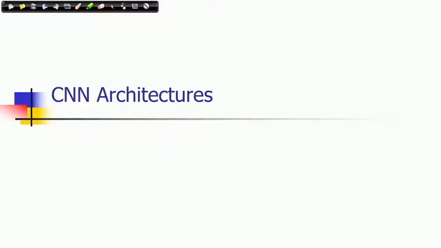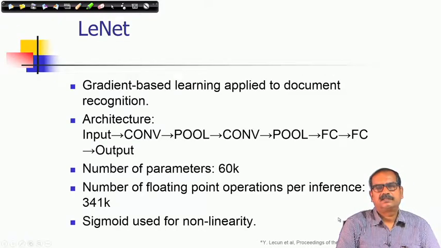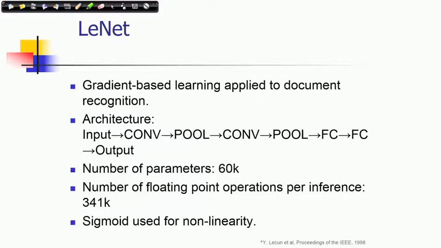So, we are discussing convolutional neural networks, and in this lecture I will provide some examples of CNN architectures, or convolutional neural networks, which are used particularly for image and object classification. The very first network which was introduced in the applications of image classification, in fact in document image